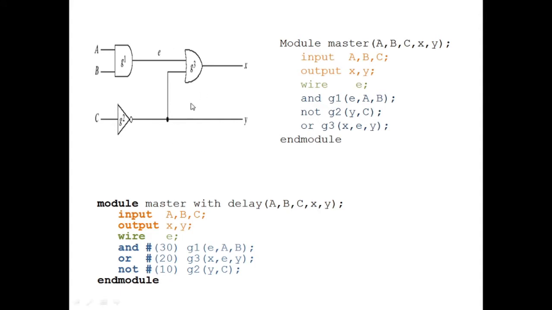I am having a logical circuit. This logical circuit is developed by one AND gate, one OR gate, and one NOT gate. So I am exclusively going to define this logical circuit. Let me keep the module name as master, module master, whose inputs and outputs are A, B, C, X and Y. So exclusively defining what are the input ports and what are the output ports, and what are the intermediate variables I may use for my logic circuit design, that is wire E.